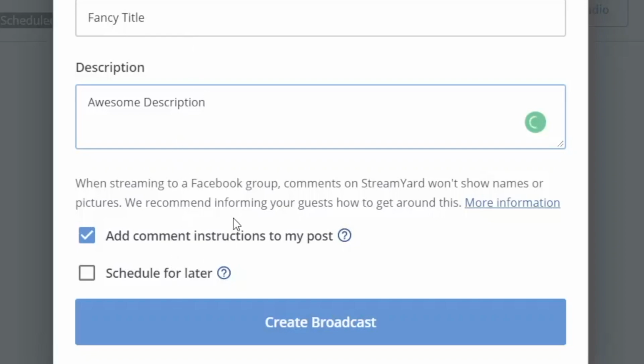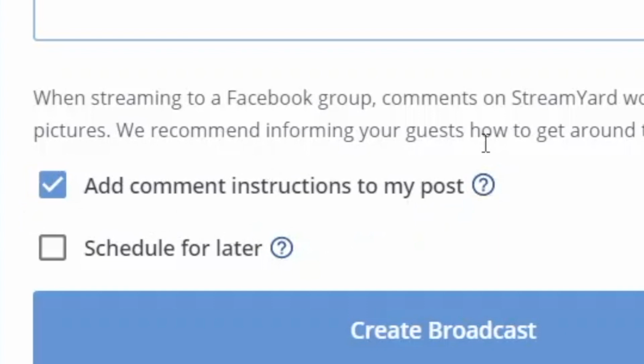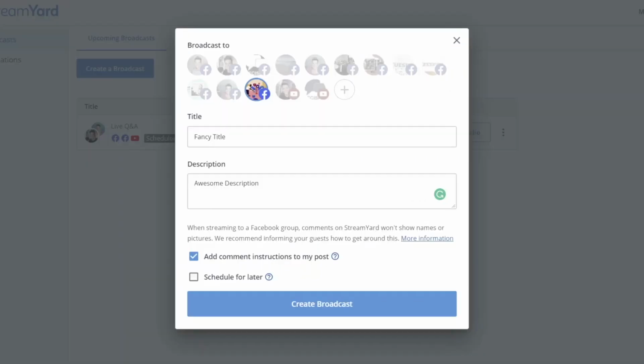Now first, before we go any further, let's talk about this section right here. You want this checkmarked so that your users inside your Facebook group can click on a link that's going to allow Facebook to display their face and their name with their comments. I'll show you what that looks like in just a minute, but essentially this is to protect their privacy. They need to give you permission to display their name and their face with the comment because you could actually use this video in other destinations as well if you were multi-streaming or repurposing the video.